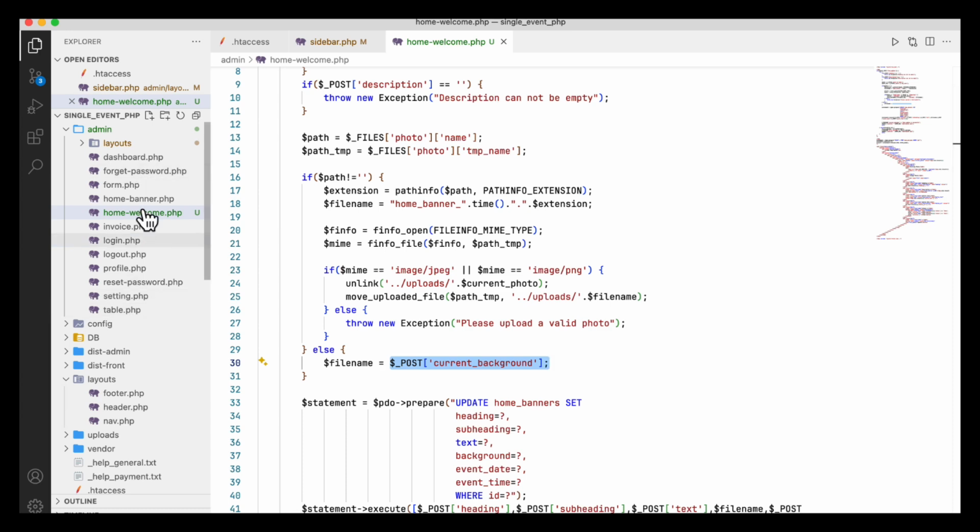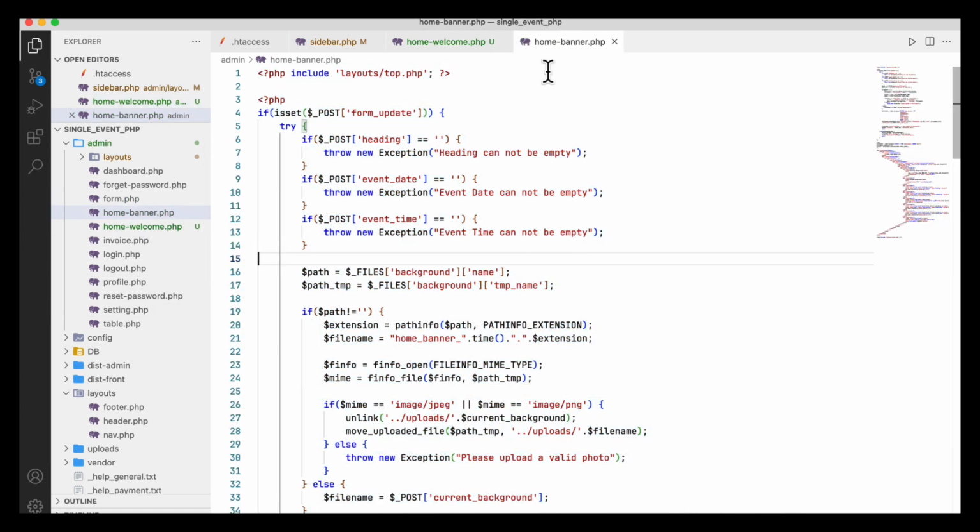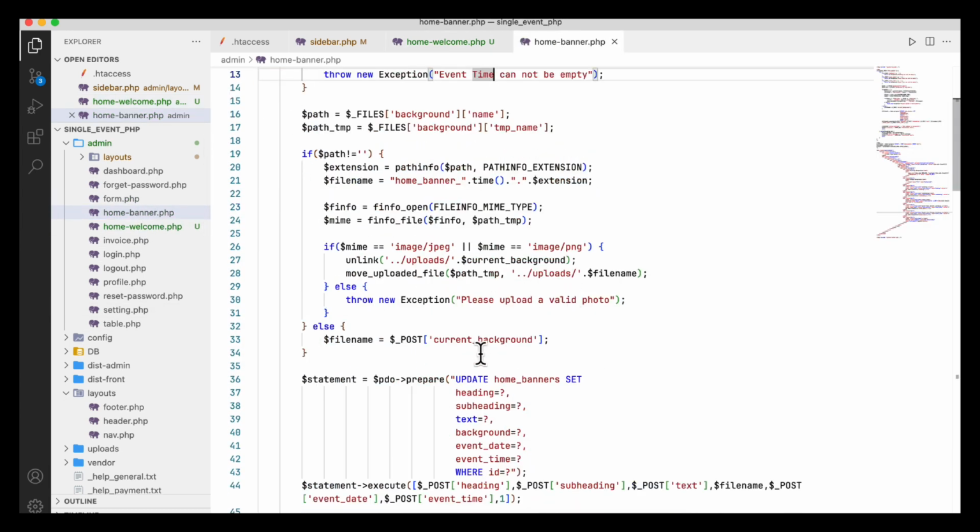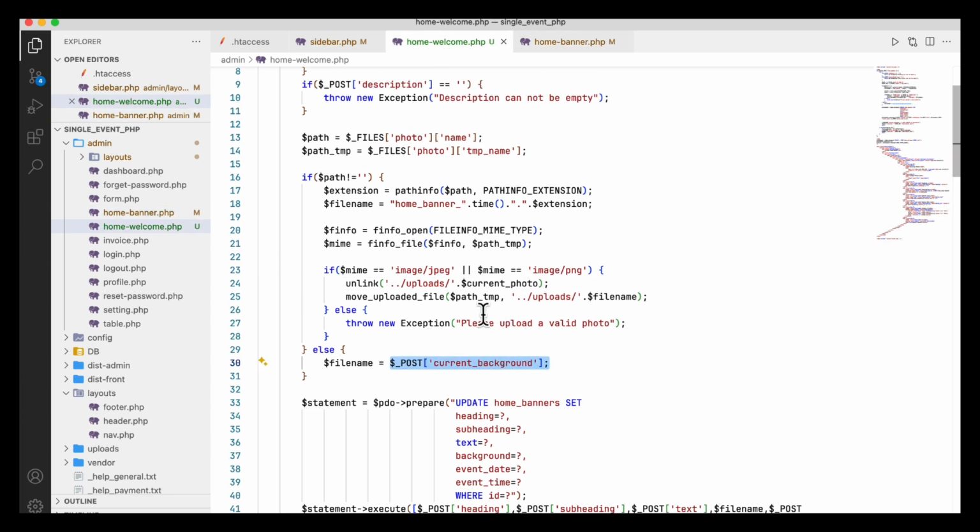The error is also in the home banner, I see now. There was a current background; it will not be this way, it will be like this. So copy, here it will be current background like this. Similarly it will be the post of current background. So photo, and this is the background, so the background is here, and here I change it, and please